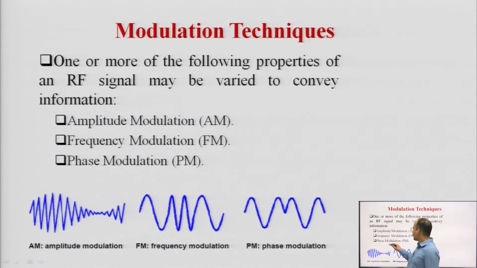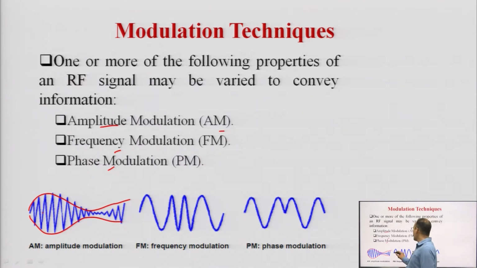So, this is about the modulation technique introduction. These are the first three analog modulation techniques, in which we have amplitude, frequency and phase modulation. When we are talking about AM, amplitude modulation, in AM basically we are going to change the carrier amplitude. You can see in this diagram that the carrier amplitude is going to be changed, but the frequency and phase information of the carrier will be kept constant.